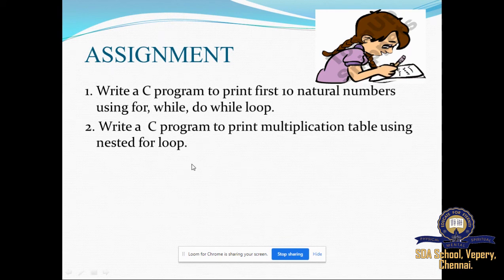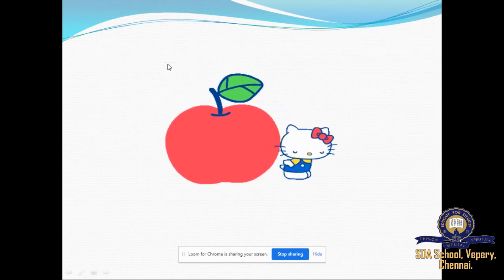So I have printed 1, 1 2, 1 2 3, the pattern. You can use the same program, or else you can go for the multiplication table, that is any table, 2 table, 3 table, whatever table you can print. Just make a try. Okay, I'll give the sample program in your book back exercise. I'll give this answer. Just make a try, or else copy the program which I have executed in your demo. Okay, so that's all with today's class.